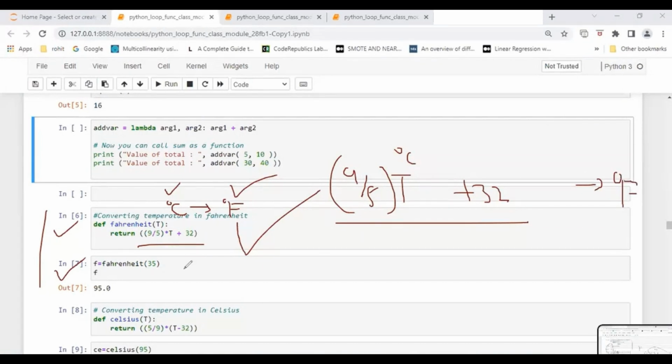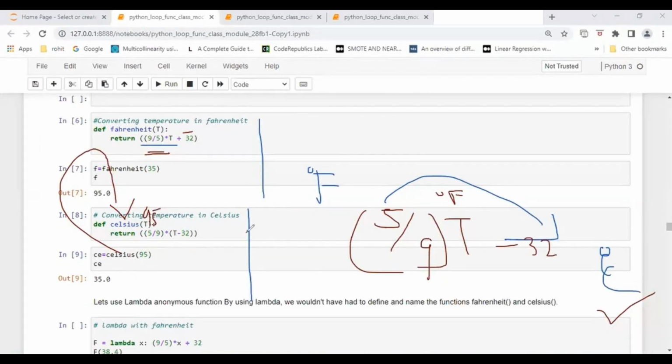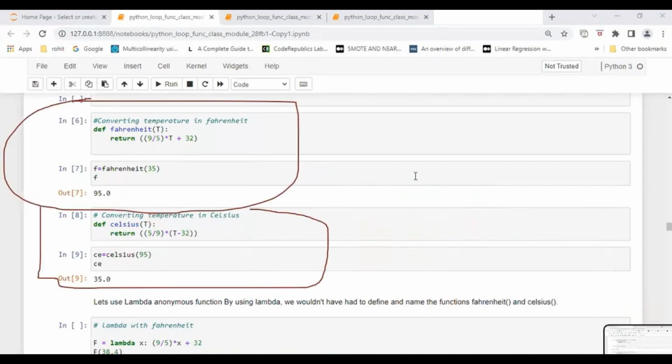Okay, so this formula we are using. Here I'm asking the Fahrenheit function: if the temperature is 35 degrees Celsius, kindly tell me what the equivalent degree Fahrenheit could be. What is the equivalent Celsius? So here it is giving, okay, 5 by 9 multiplied by